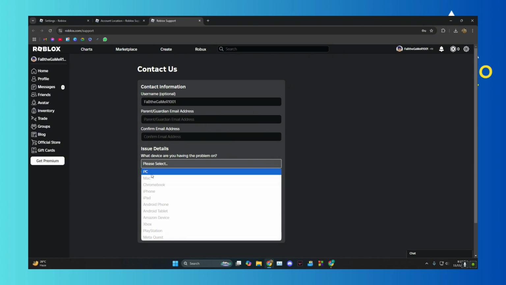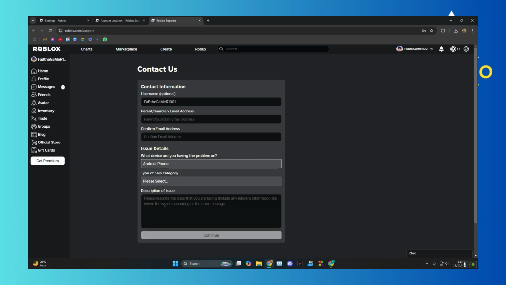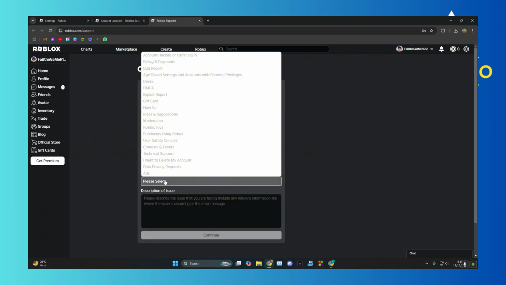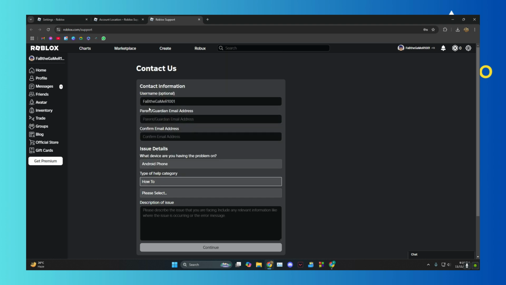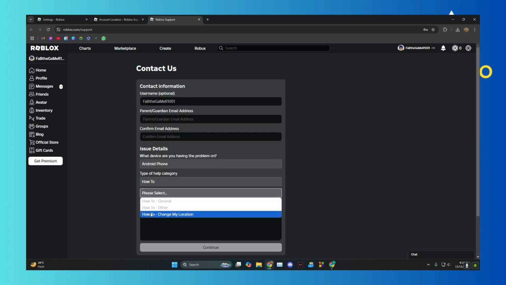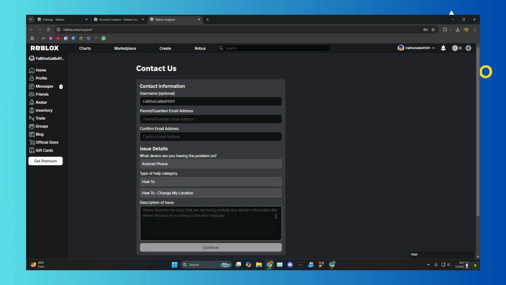This is very important. Is it a PC, Mac, Chromebook, iPhone, iPad, Android phone, whatever it is. Let's say an Android phone. And then type of category. So you want to click on how to, and then under please select change my location, and then put in,